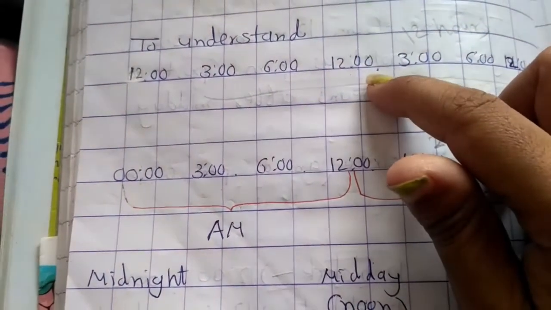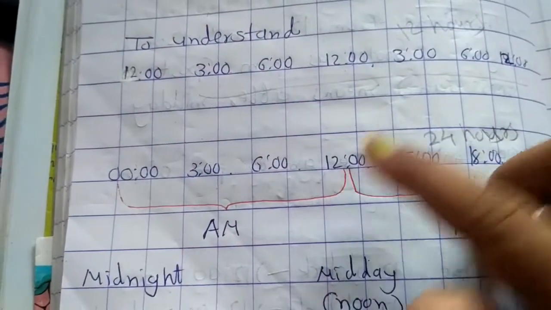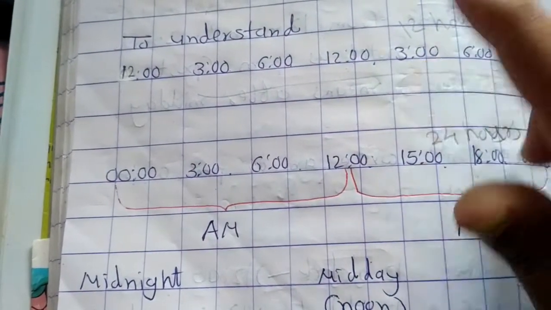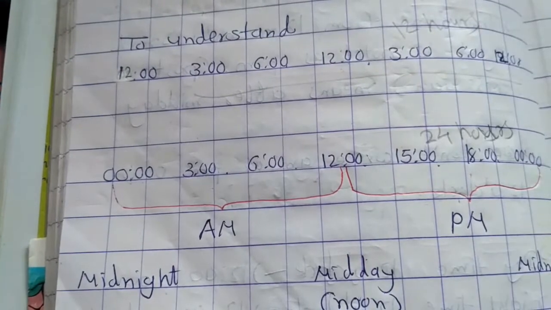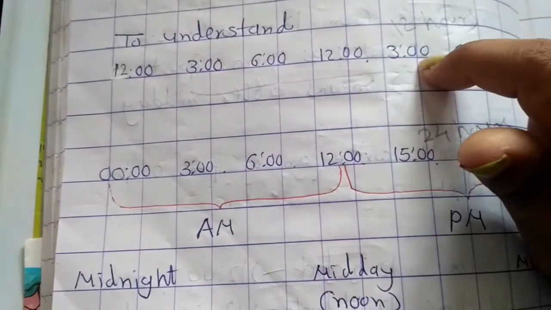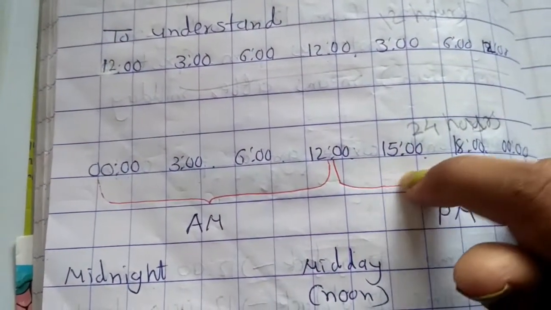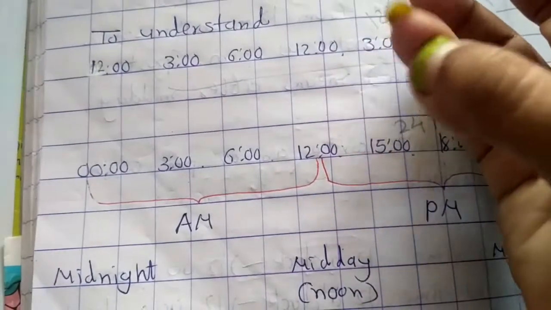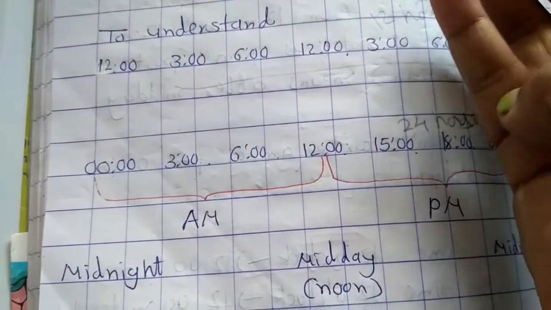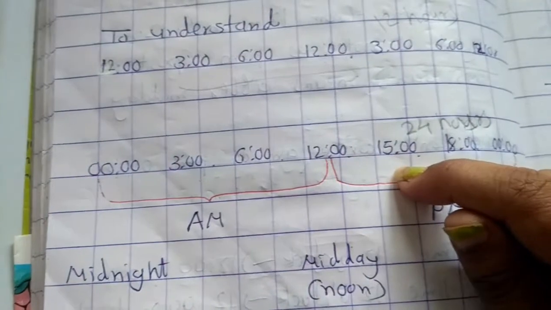12 o'clock in the noon, we'll write down 12. फिर 3 o'clock होता है धीरे धीरे. 1 o'clock, 2 o'clock, 3 o'clock in the noon. So 3 o'clock in the noon है तो यहाँ पे होगा वो 15. 12 के बाद 13, 14, 15. 3 पे 15 आया, so that means it has 15.